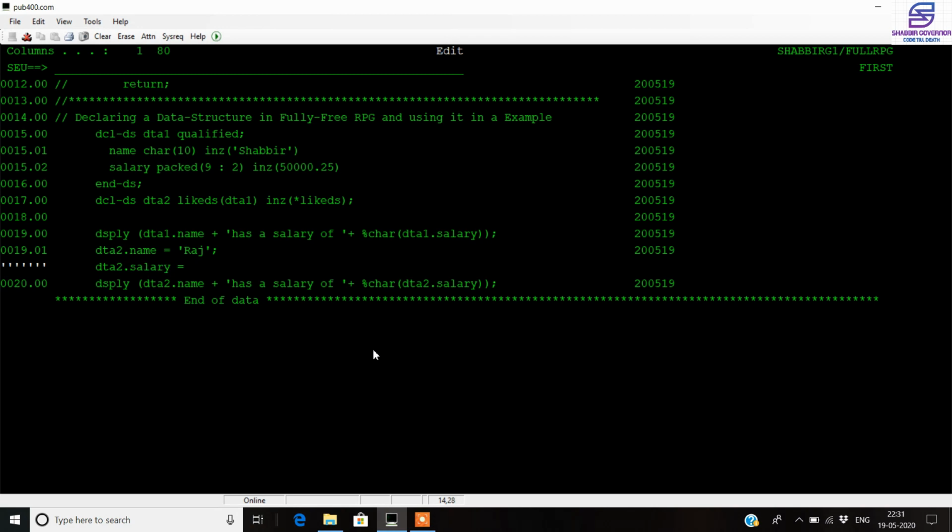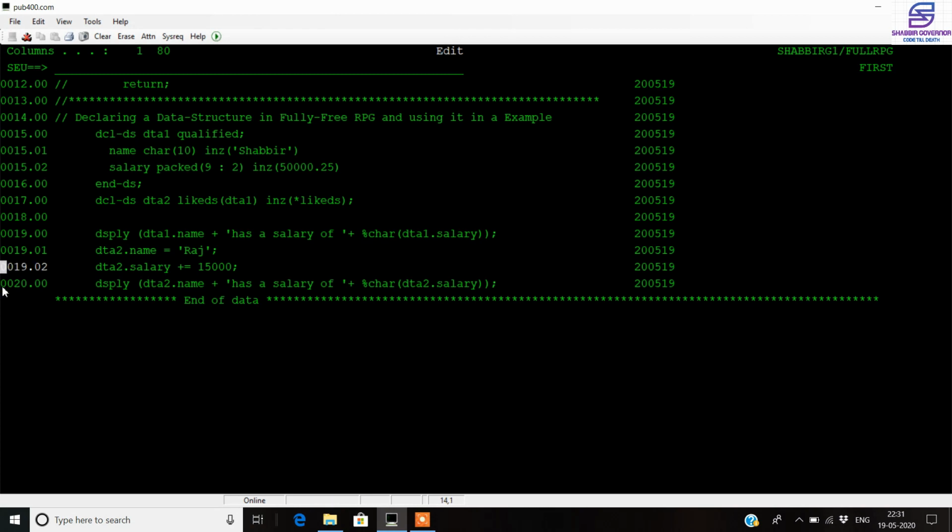So we give this second employee a salary which is greater than the first data structure salary by 15,000. This plus equal to is just an increment operator that we have in every other high level language. RPGLE free format also has it.